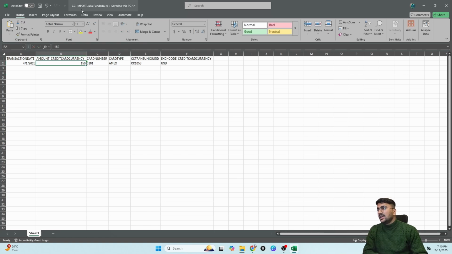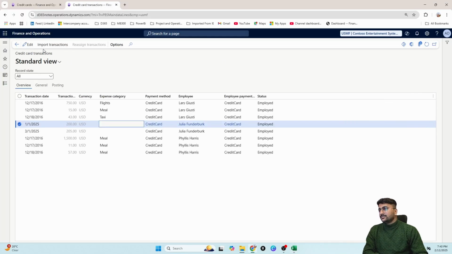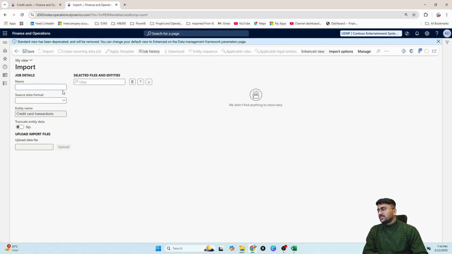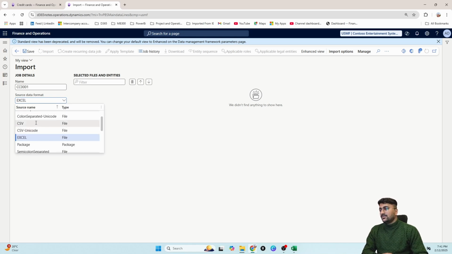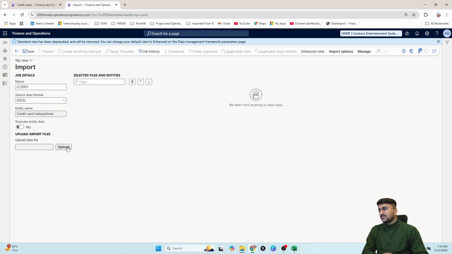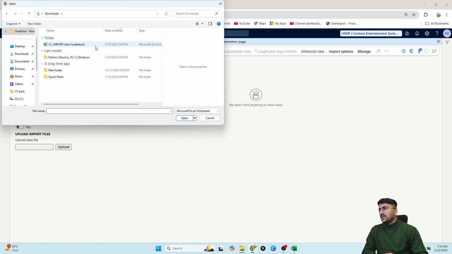Let me save this, and my file name is cc import, and I will import this file. So for importing you have to click on import transaction. Okay, so I will mention here cc01, source data will be Excel. In my case I have prepared the file in Excel, so I'm using that. If you have CSV you can use that, or any other format if you have a better idea for the source data format. So I will upload that file,